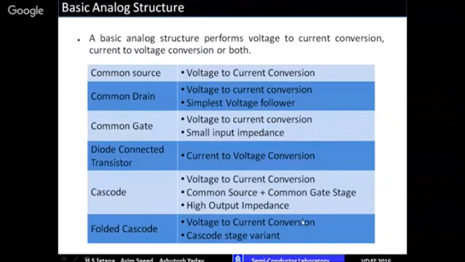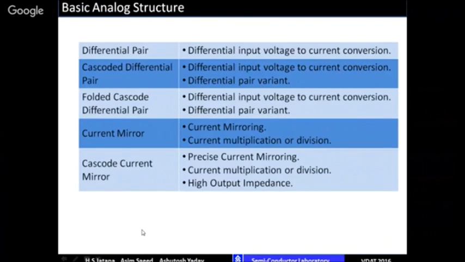So this, like common source, which is a voltage to current conversion, then common drain, the simplest voltage follower, common gate, and basically all these controlled sources. So current controlled common source, and common drain, common gate, then diode connected transistor, active loads, then a cascode, then a folded cascode. Then comes your differential amplifier, then cascoded differential amplifier, then current mirrors, how to make current mirrors,